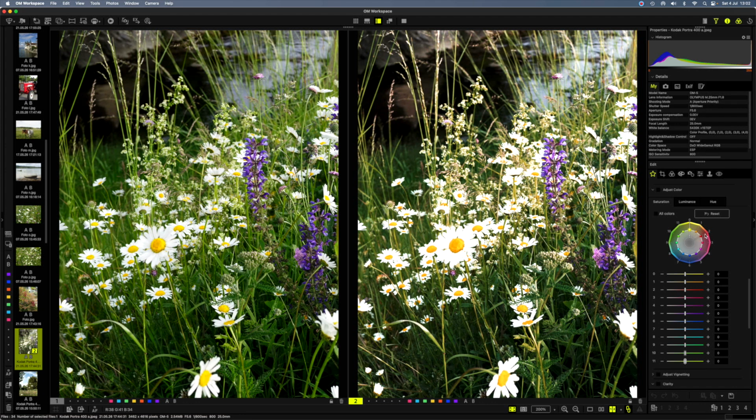Then we have red, then red to magenta, so this one is red to magenta. Here we have magenta, then magenta to blue, so this one is magenta to blue, blue to cyan, cyan to green, green, and green to yellow, yellow. So these are the colors we can adjust.